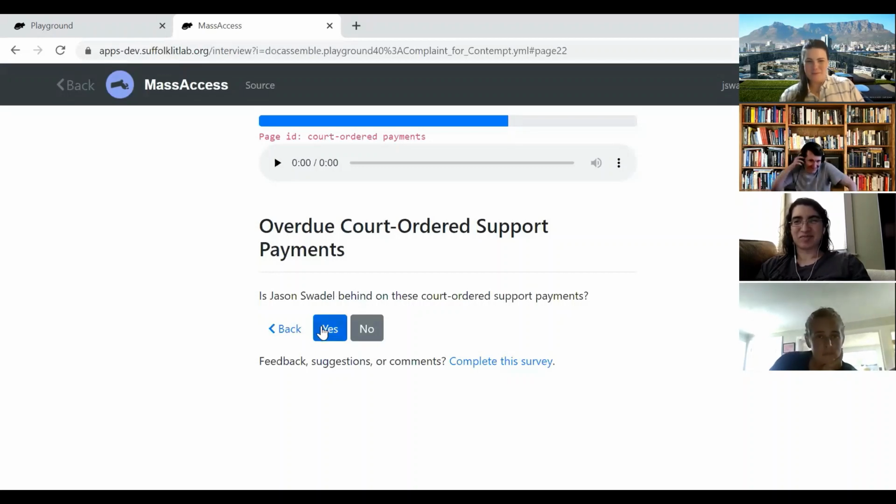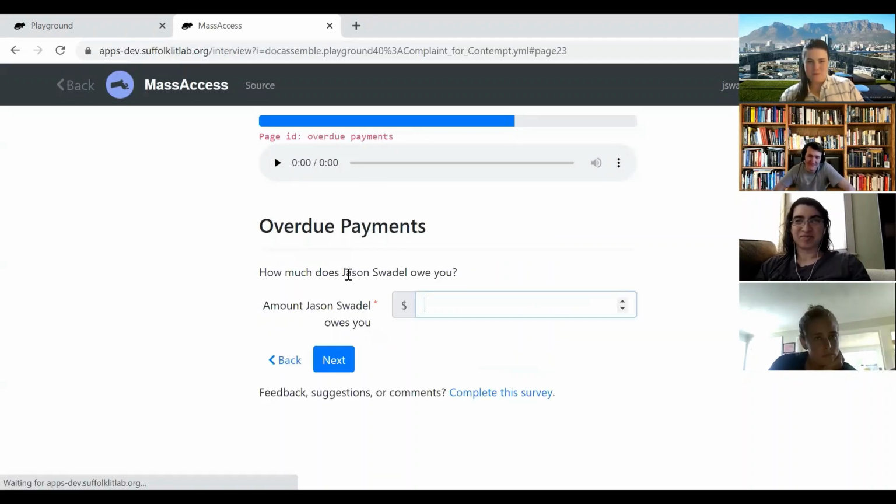All right. So then, if you select yes to this, we have this subsequent page: how much does the defendant owe you? I'm wondering if it's necessary, the field to the left of the dollar sign, when it says how much does Jason Swadel owe. Should we just get rid of this and make it just amount owing?